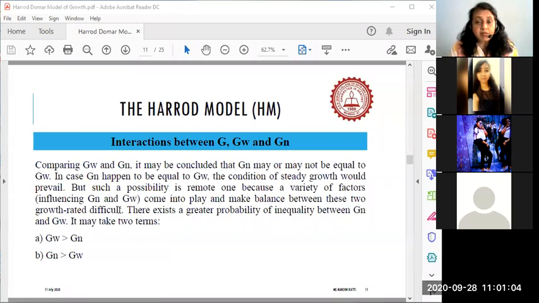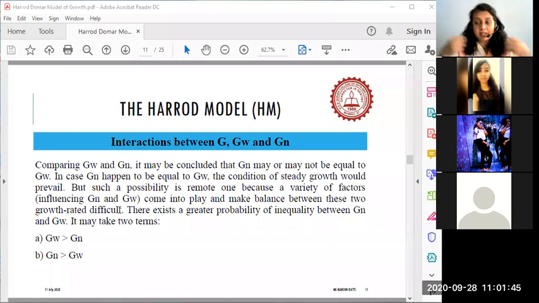It can be factors of production, like labor may go on a strike, so the growth will suffer. Certain other factors, like it can be a war situation from outside, it can be failure of monsoons, it can be too much inflation, it can be a sudden change in consumer preferences, so they are not interested in demanding goods and services. There may be savings, but nobody is interested in investing. There may not be any induced investment or autonomous investment, the private sector may not be interested in investing, or employment opportunities are not picking up.